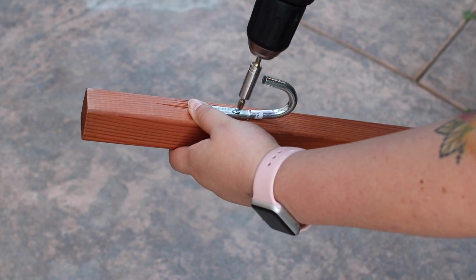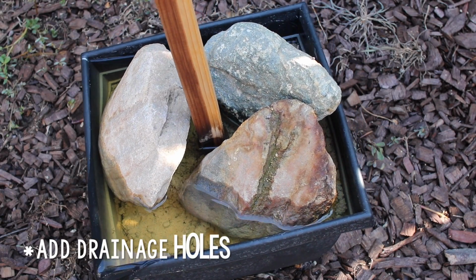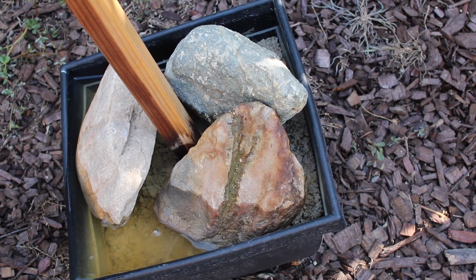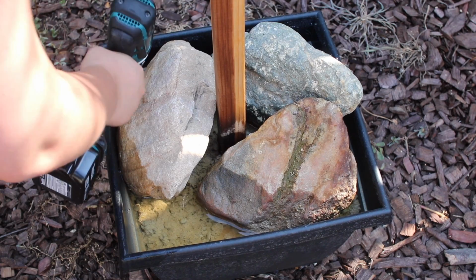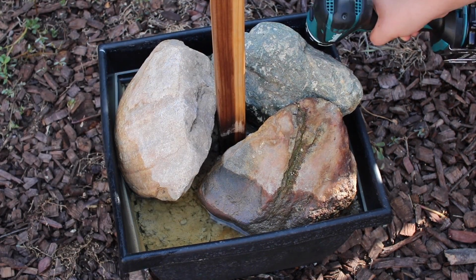Before adding string lights, the final step is to add drainage holes to each bucket or flower pot. I didn't realize when I set these up that they were in the direct line of our sprinkler system, so the next morning I did have a puddle of water in each one, but I just went through and drilled about 4 holes, 1 in each corner,